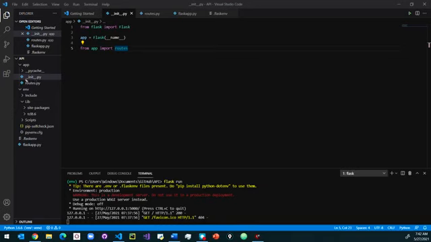Since we are creating this app, it should be in package form. That's why we have this init.py. If it is a package, only then can you import it. You can see here we are going to import it in our main app: from app import app. To do this, the first requirement is that it should be in an importable format, and for that it should be a package.